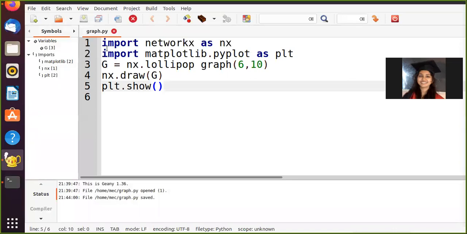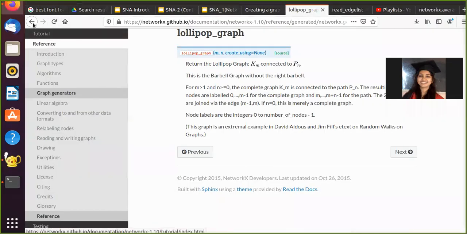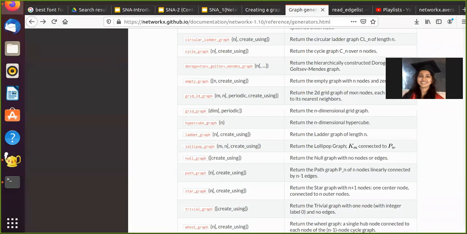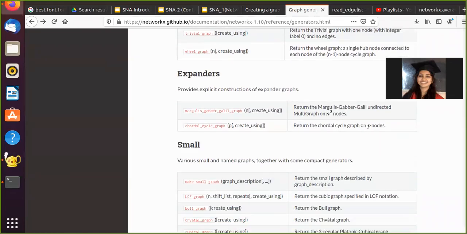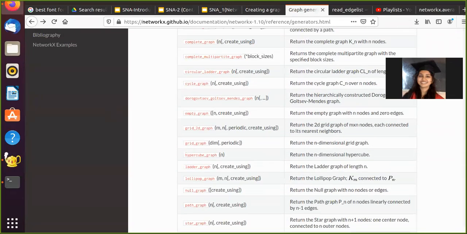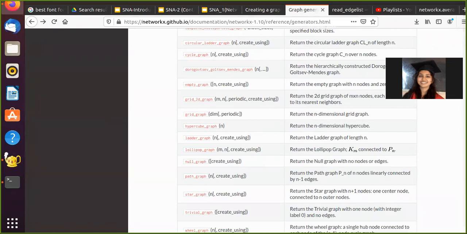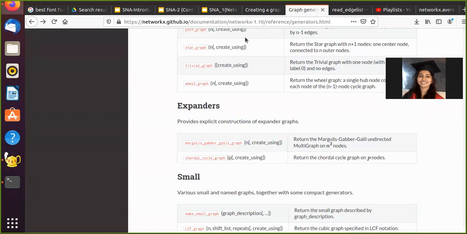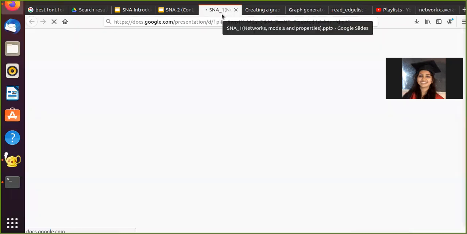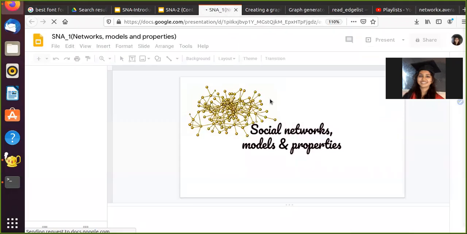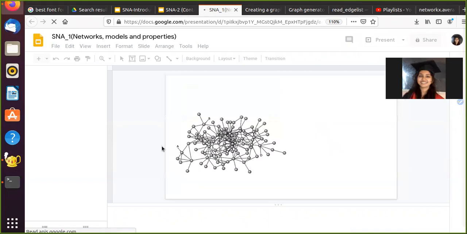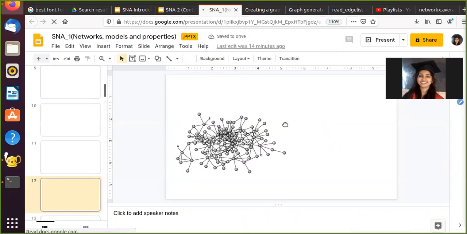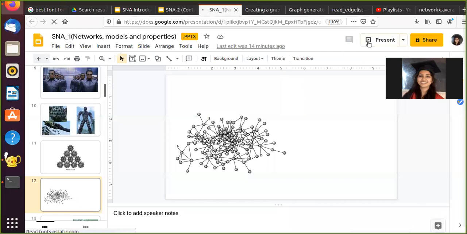What we'll do now is move on. These graphs which we are talking about here seem to be very well organized networks which we study in graph theory, like bipartite graph, complete bipartite graph, null graph, star graph, and so on and so forth. But if you look at a real world network, it looks something like this.